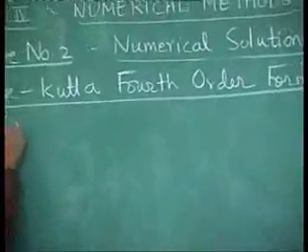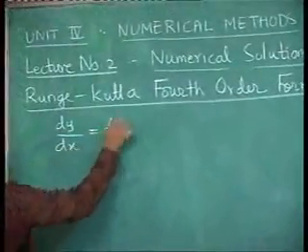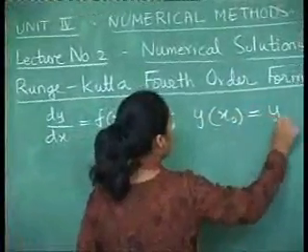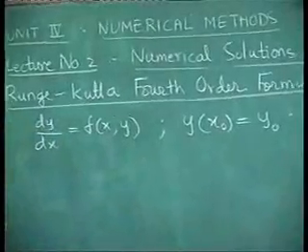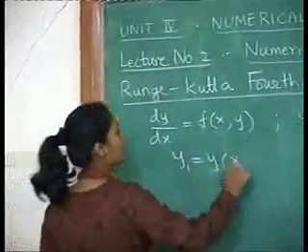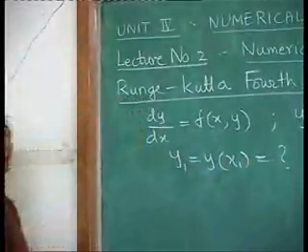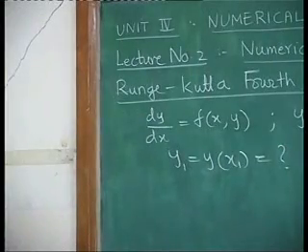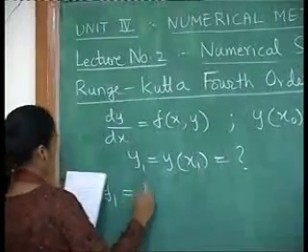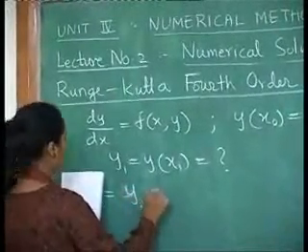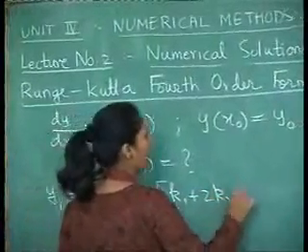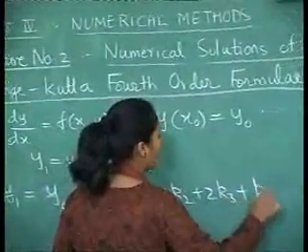See, we again have a differential equation of the first order first degree with initial conditions y at x0 equal to y0. We are interested in finding out the value of the function at some other point x1. So we want the value of the function at some point x1. We will denote that by y1. I'll directly give you the formula for y1. It is y0 plus 1 upon 6 times k1 plus 2k2 plus 2k3 plus k4,